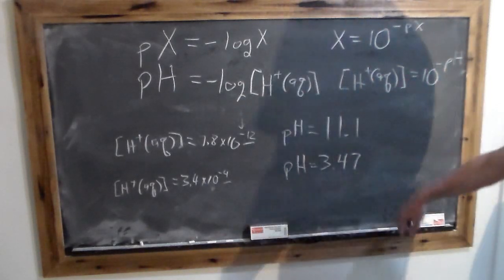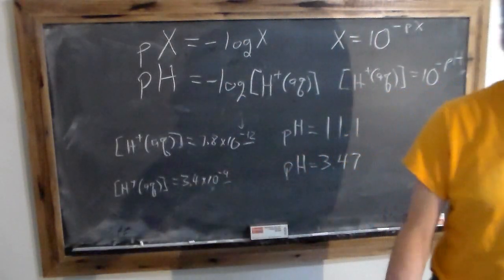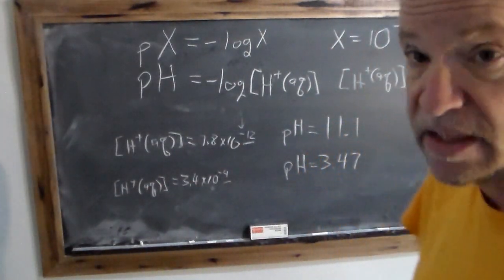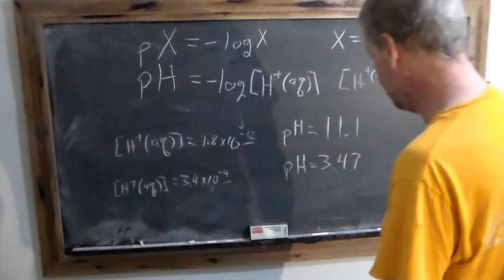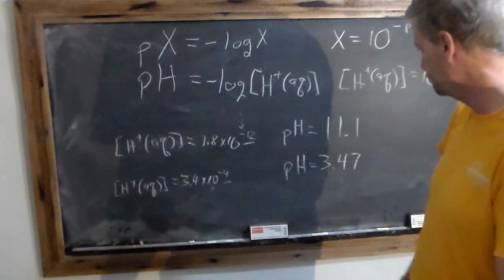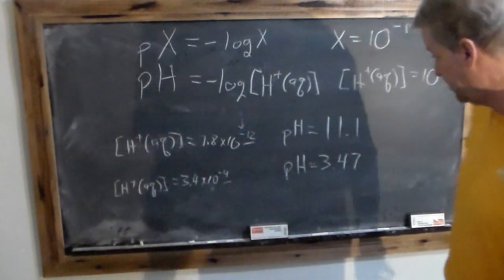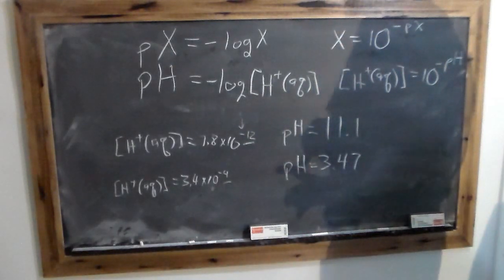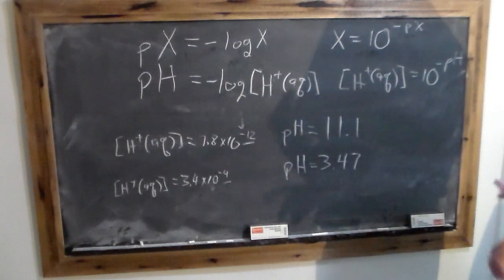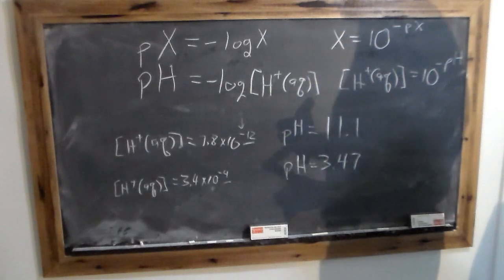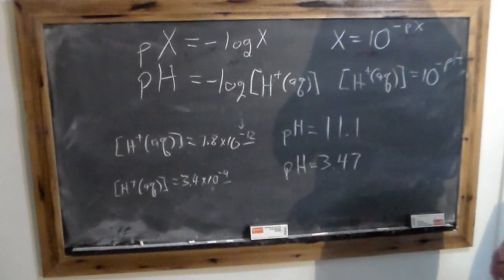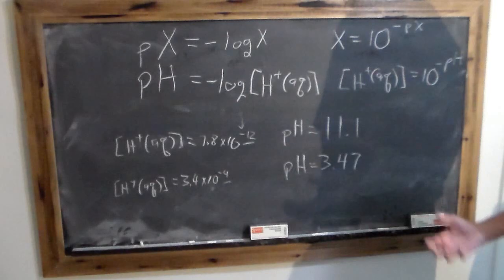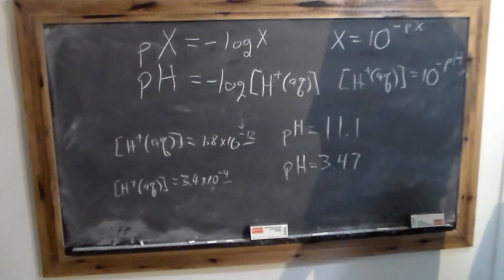Notice that, well, this one is kind of close to the 3.4. That is coincidental. That normally does not happen. But notice 11.1 is not the same as 7.8. But now you understand, first of all, what an acid and a base is, how they're related. Now you understand what the P means in pH, that it might be power, but not power as in strength. It's not what it represents.